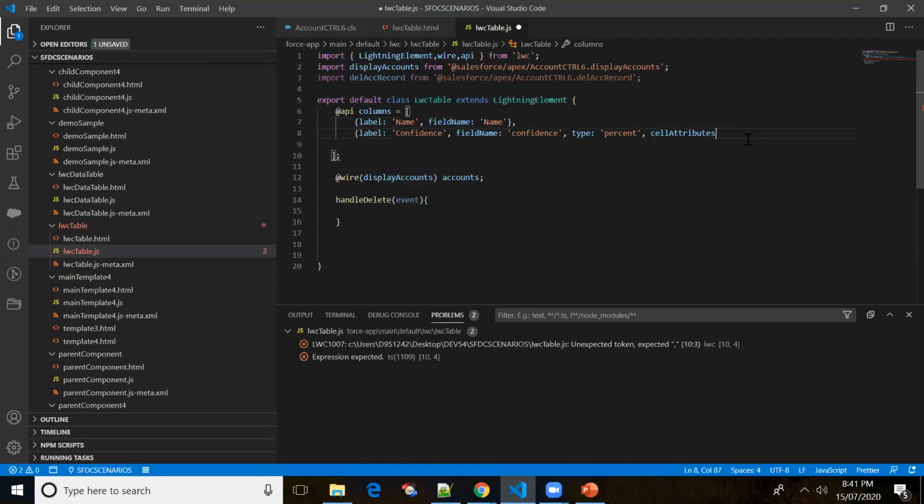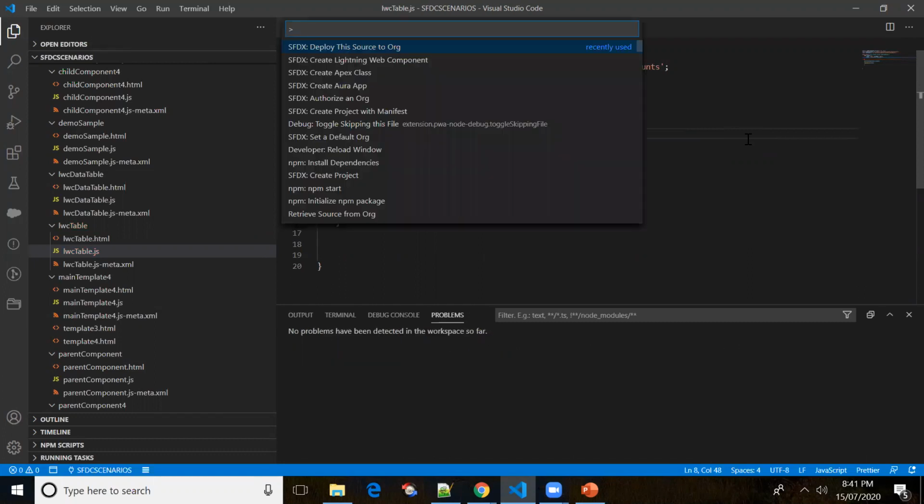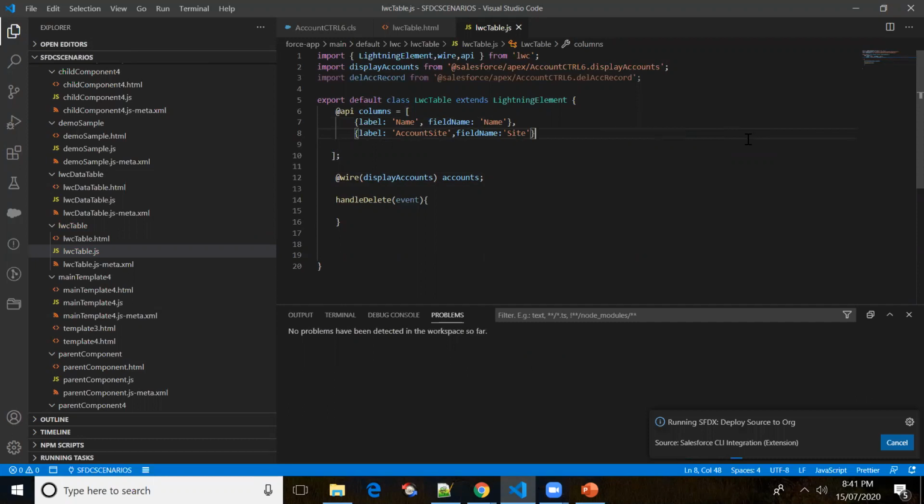Then we are going to display site, so label Account Site, and the field name Site. Let me just deploy this code to the source org. Let's see, this time we should be able to see the records from the lightning data table.